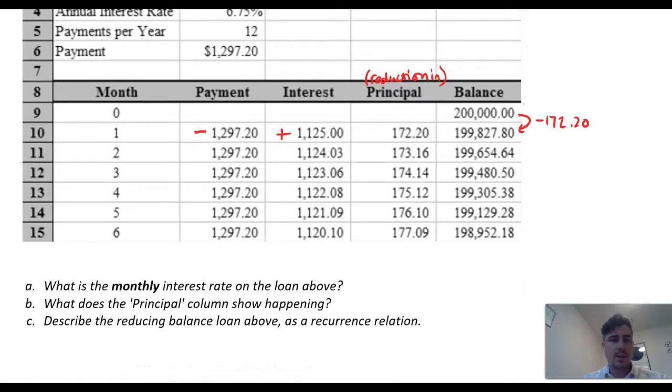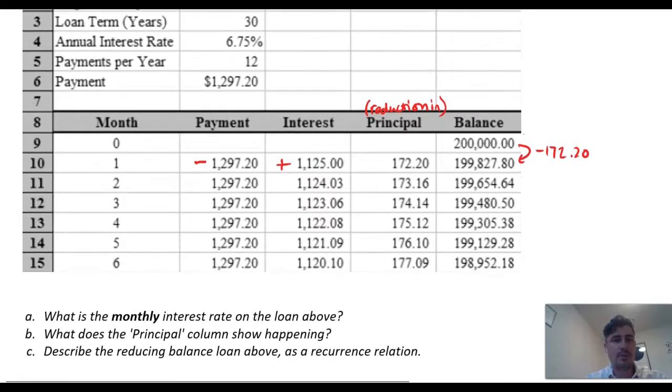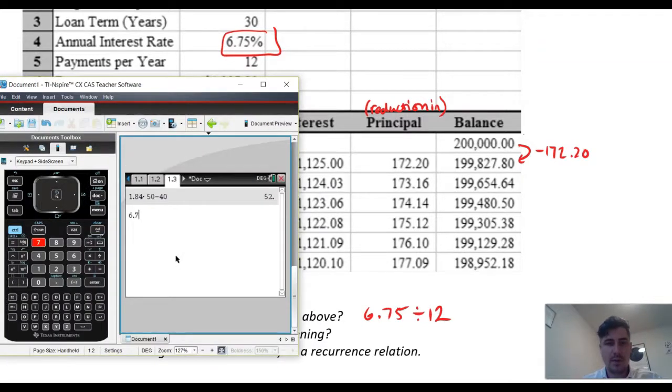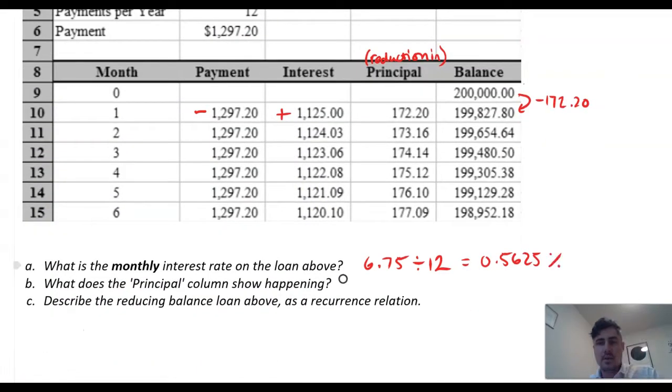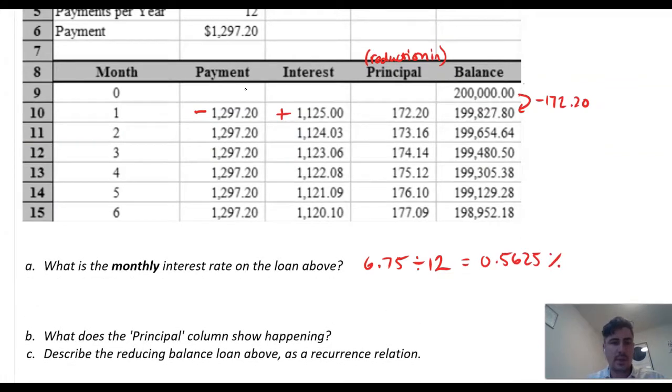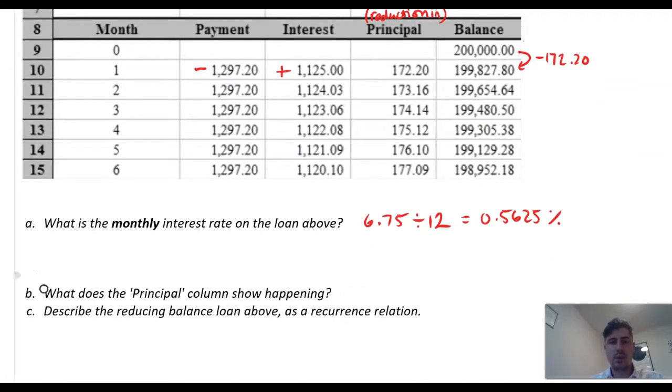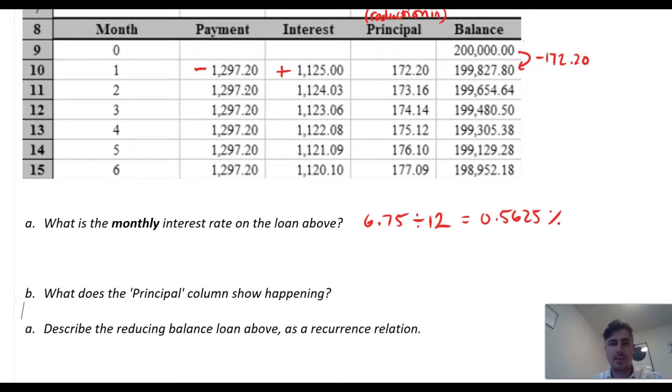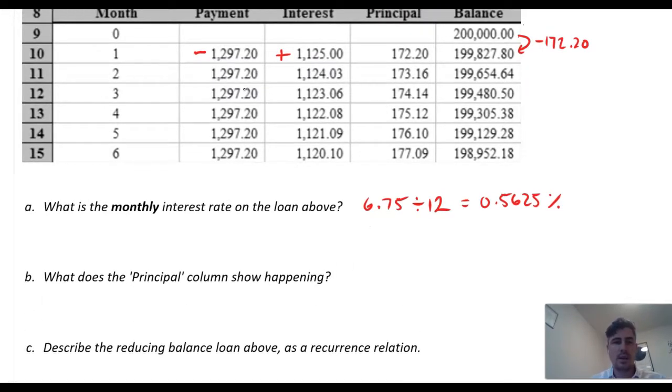So in this question, what is the monthly interest rate for the loan above? So we have been told the annual interest rate. So the monthly interest rate is simply calculated as 6.75 divided by 12. So 6.75 over 12 is 0.5625. In the next part, it says, what does the principal column show happening? So the principal column, as we discussed before, is the amount of balance,